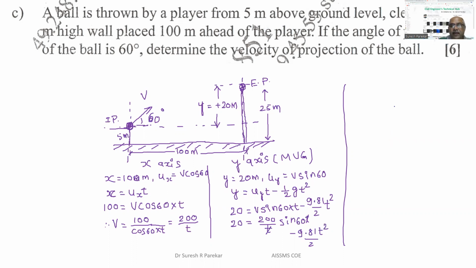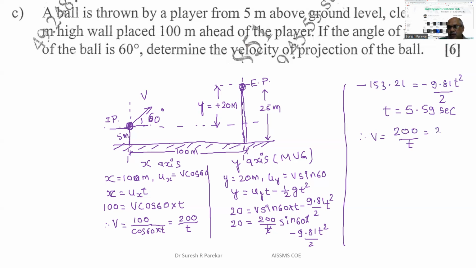So minus 153.21, and that is equal to minus 9.81 t square upon 2. And from this we will get the value of t, that is equal to 5.59 seconds. So I have t equal to 5.59 seconds, and therefore V equal to 200 upon t